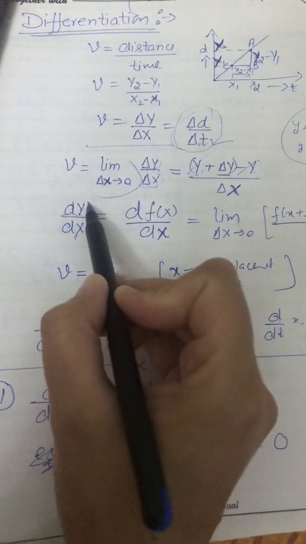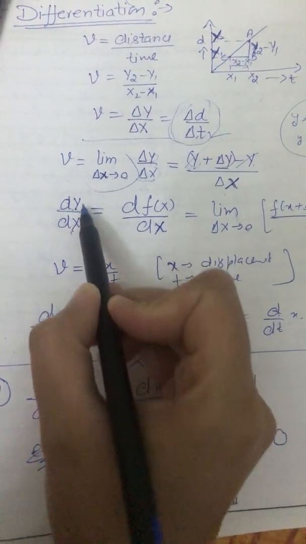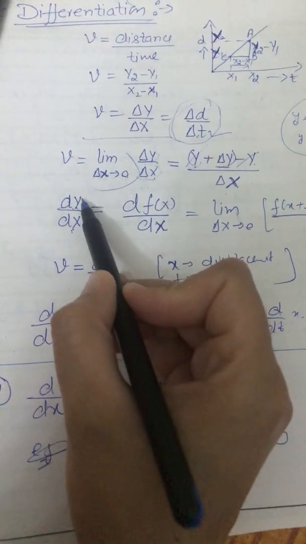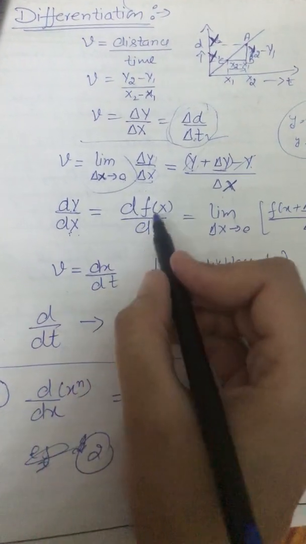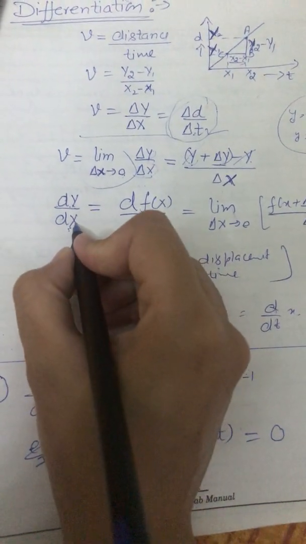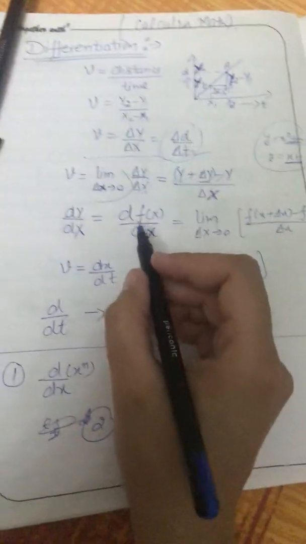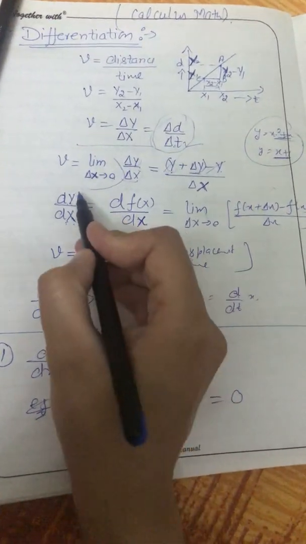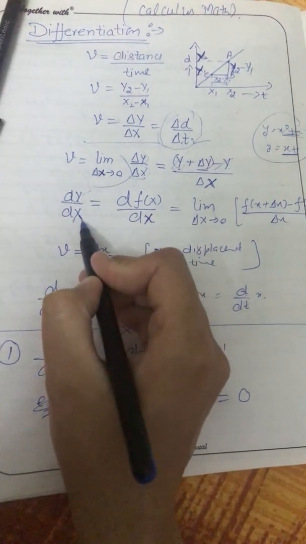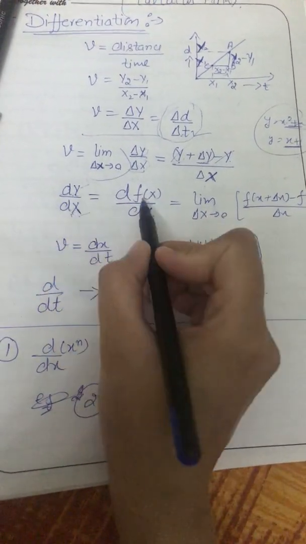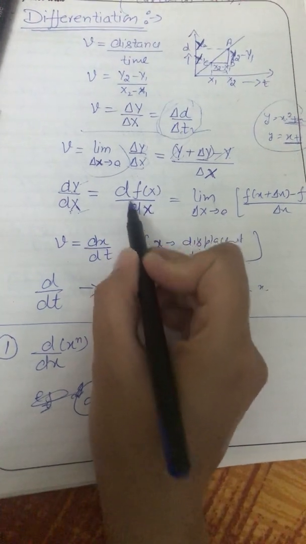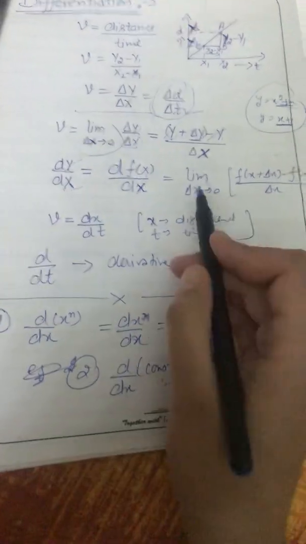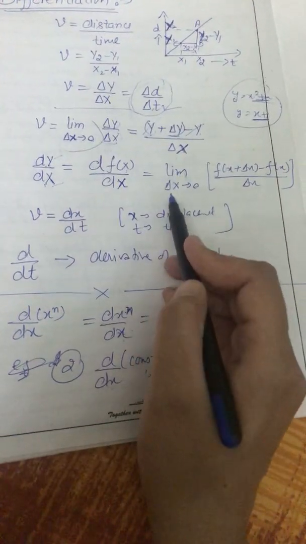That means the quantity represented by y is changing with the quantity represented by x, that is change in distance with respect to time. So here this is x, and differentiation will be easier, or will be done directly with simple formulas, if this quantity is a function of the following one. If y is a function of x and we have d/dx of f(x), this y is a function of x. Again it is represented as limit delta x approaches 0.